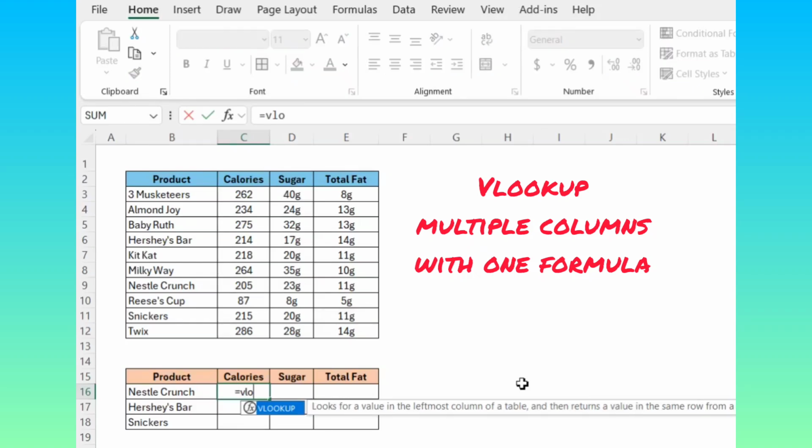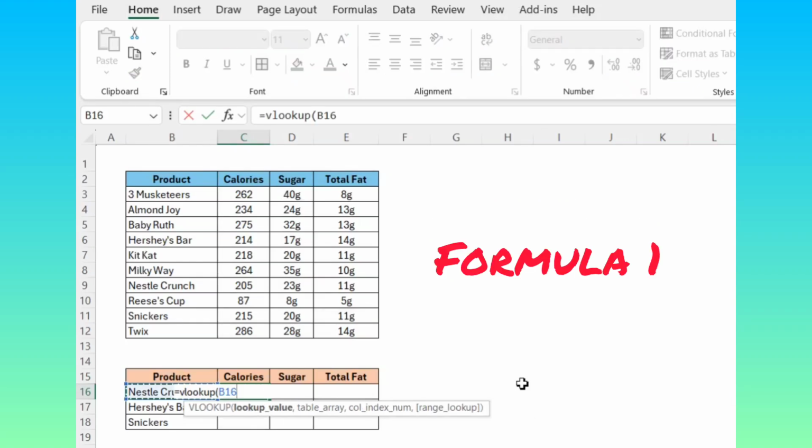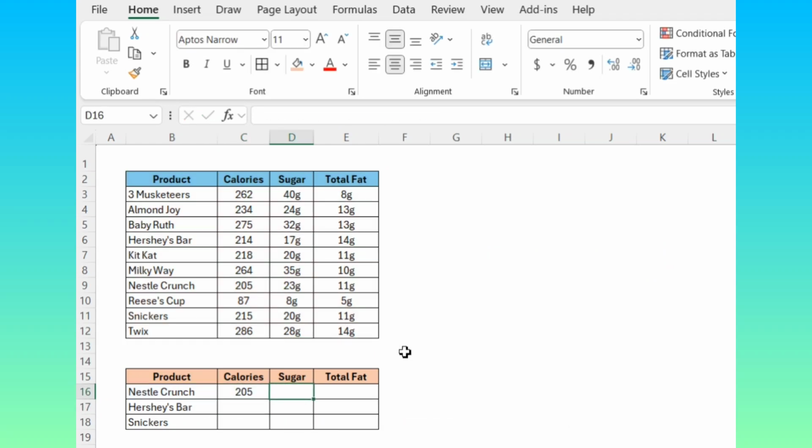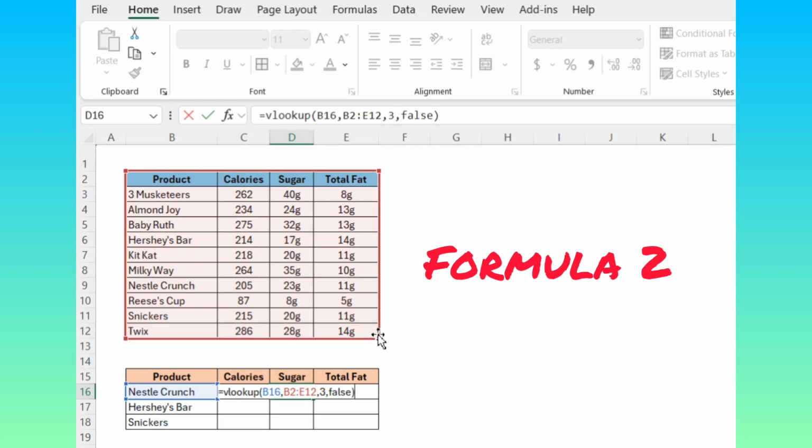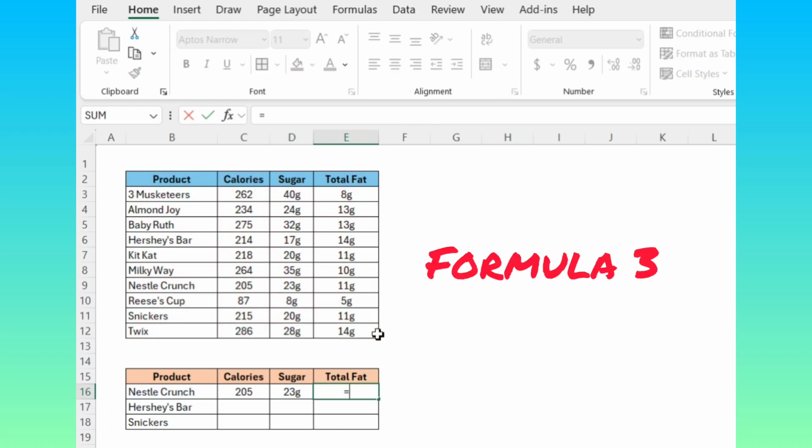Use VLOOKUP to return multiple columns of data. Instead of returning columns one by one like this, where you would use one formula to return the calories data, so returning the second column from above, and then a second formula to return the sugar data, so returning the third column from the data above, and then you'd use a third formula to return the total fat data, so returning the fourth column from the table above,